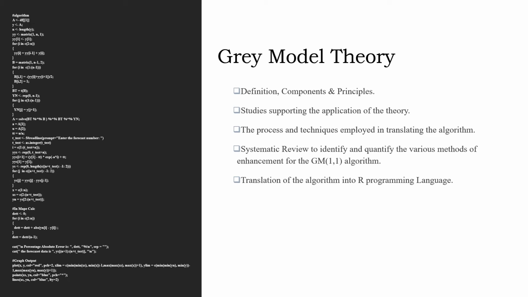So effectively, the A and B coefficients can influence the accuracy of the model. So by improving the background value, the default, which is set to 0.5 normally, can have a compounding effect and drastically improve the performance of the model. The accumulative generating operation mechanism and its inverse are also important as they are responsible for reducing the variations and fluctuations of the original series.